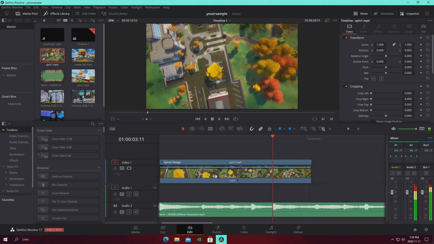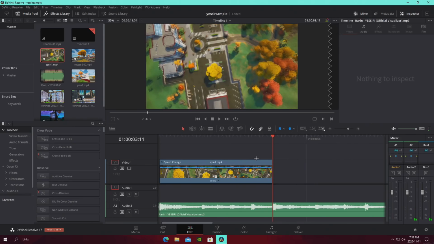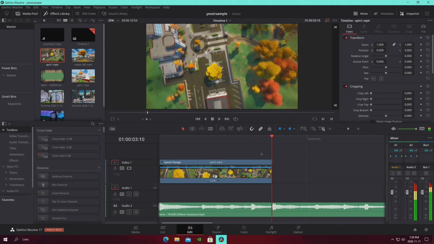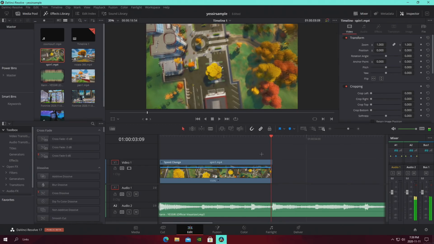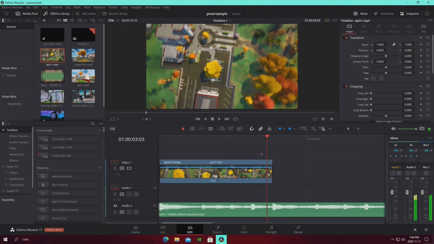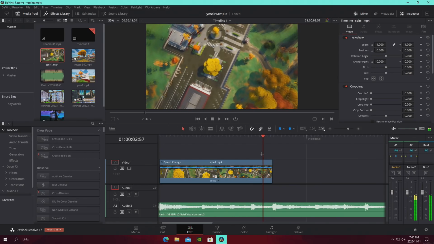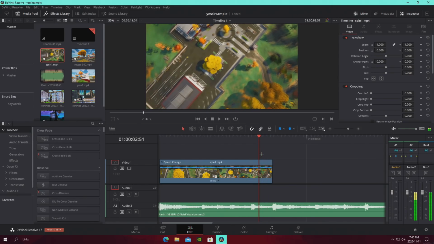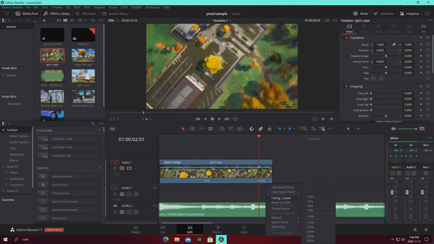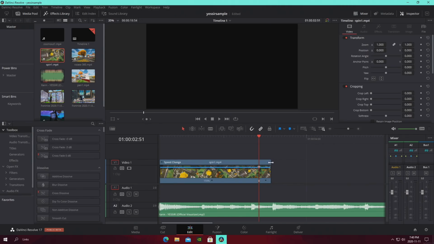What we want to do is we're going to have it so go like this. We're going to go about 20 frames back. So to do that, we're going to use the arrow keys. 1, 2, 3, 4, 5, up to 20. 20 frames back. We're going to add a speed point. And we're going to change the speed to about double. It should be fine. You can just drag it down manually like this. Drag it down to